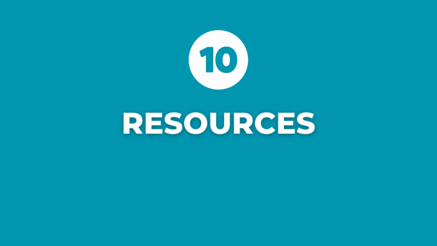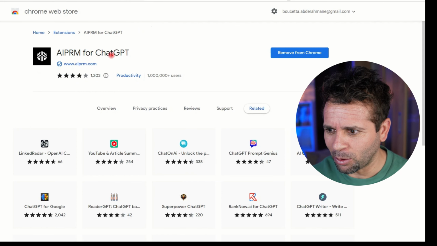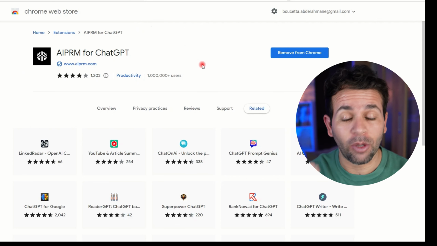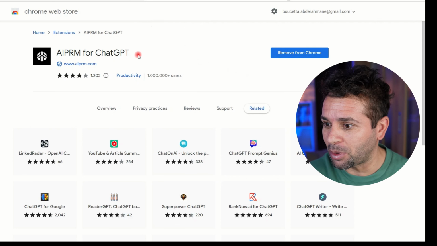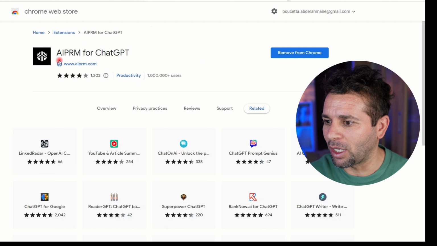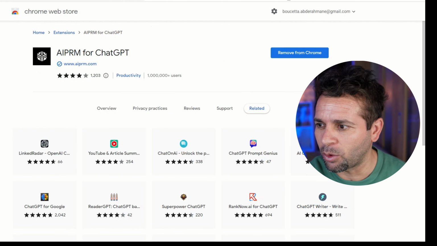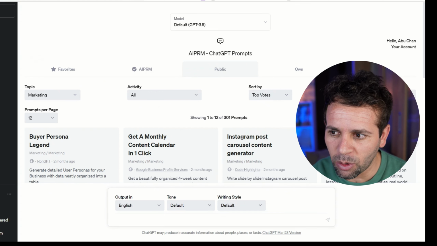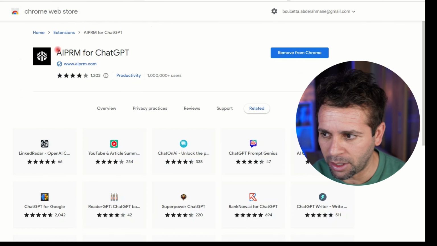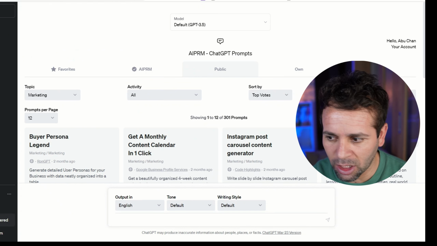And the last one, as I promised: 2 tools that are very important to help you generate more prompts or even understand what other people are using it for. The first one is called AI PRM, or AI prompt or whatever. It's an extension you can add to ChatGPT, and it's definitely going to help you a lot to understand what kinds of niches and what kinds of questions other people are asking. So after you add it here, just search for it, AI PRM,